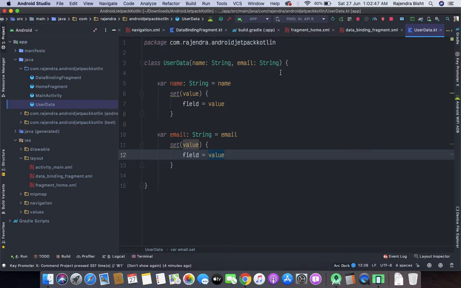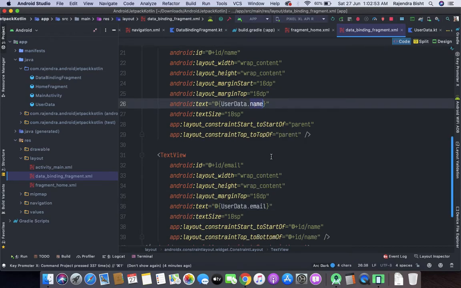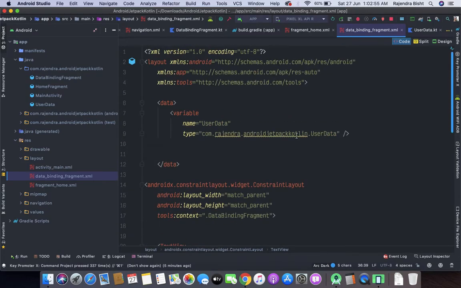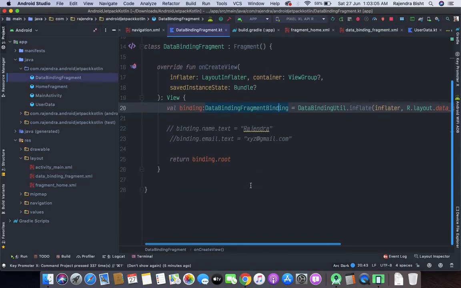So now let's go to the fragment data binding. Here you can see that the error has gone. So now let's go to our data binding fragment.